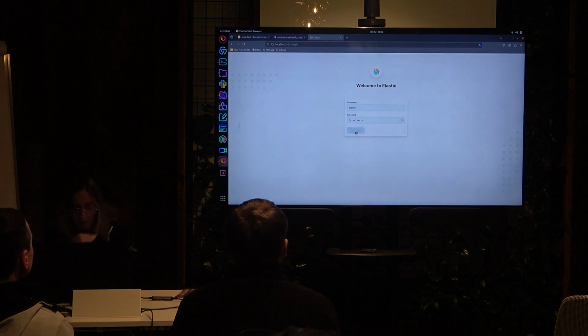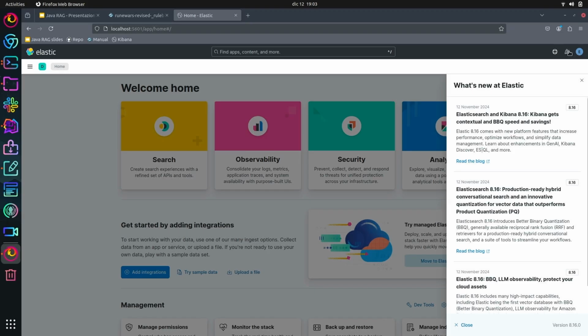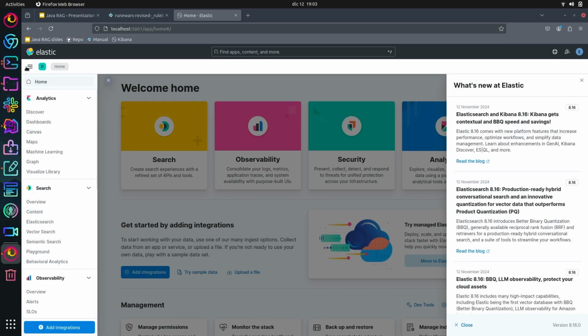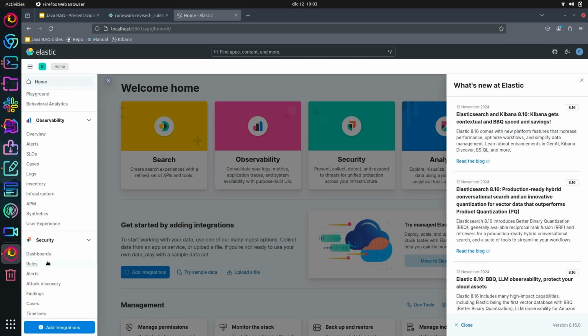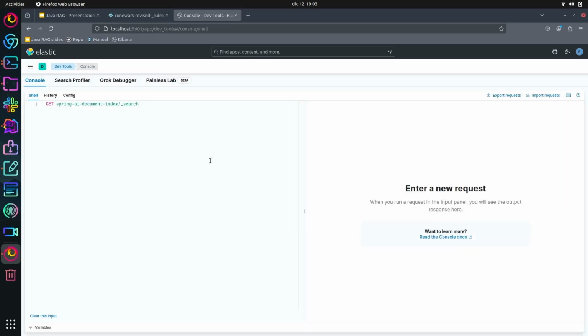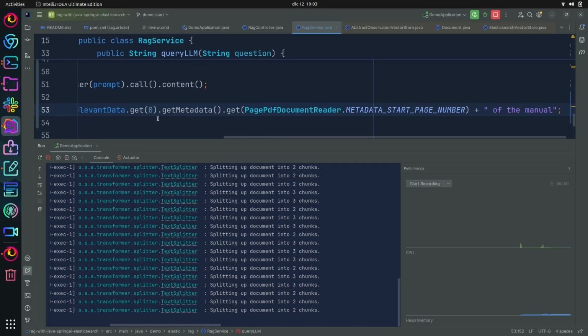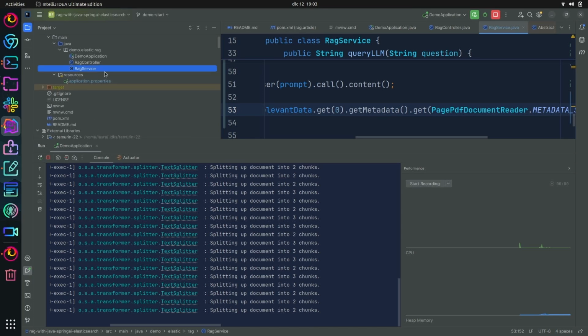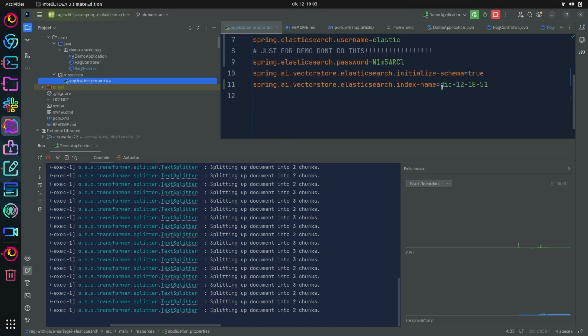And I think I already have the password right. And does this have a dark theme, Kibana? Do you know? Let's stick with this one. I don't know, either way. Okay. So this was the default one. And what did I call the index? I called it